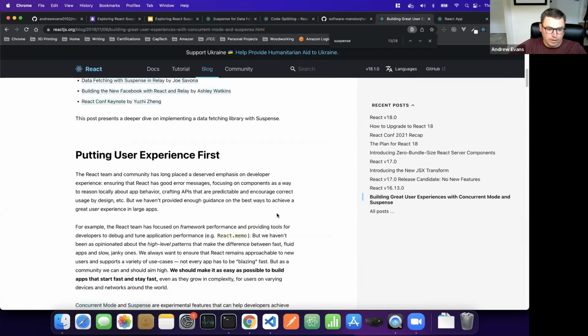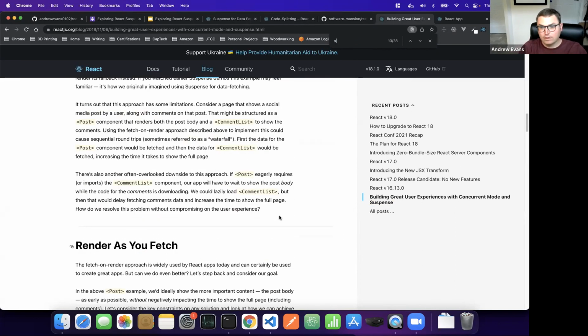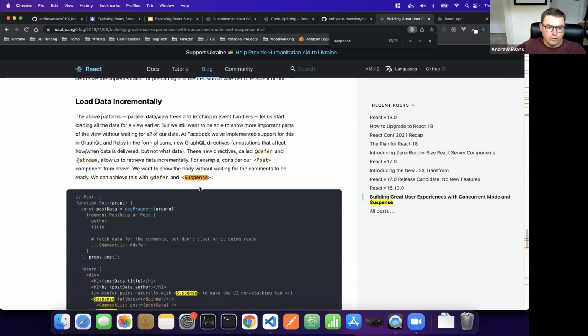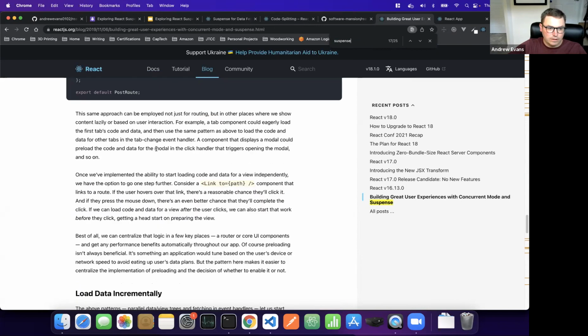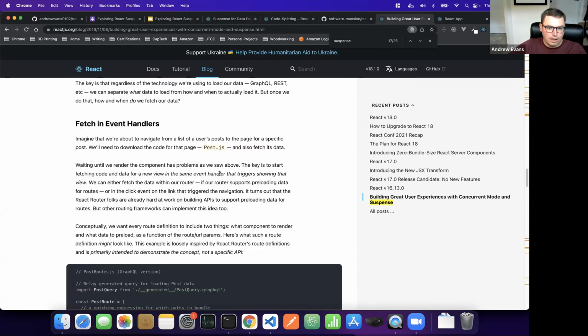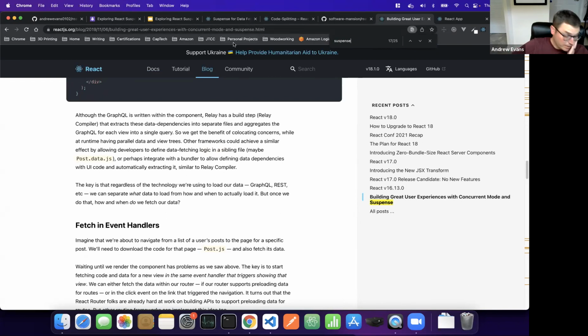So you can load data incrementally with Suspense. So this shows you. Okay, this is really not. I really apologize. I thought I had this link. When I put this together this morning, I thought I had shortcuts to these things. Anyway, the point is that with React 18, one of the things that they say is that it's supported by Remix. Next has a thing, and then if you actually go to the Next website,